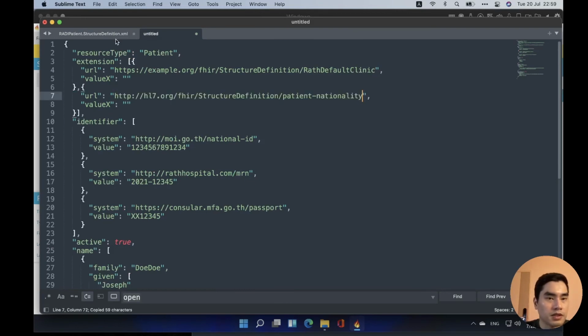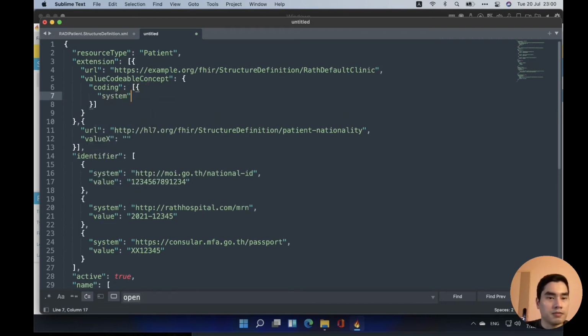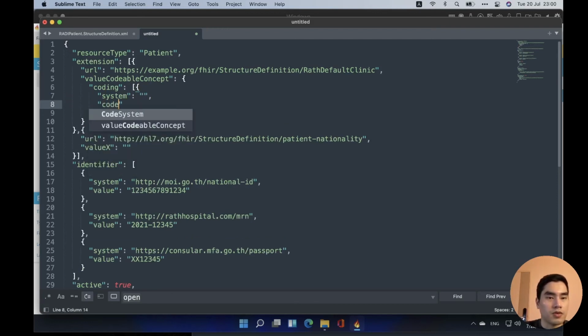And this one is here. So this one is codable concept. And inside codable concept, this must be here, and same as always for codable concept: coding. And inside coding is here, and inside is system and code. I have prepared this.